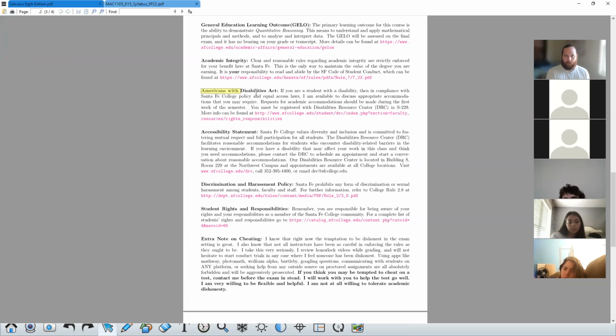The ADA, Americans with Disabilities Act: if you have a learning disability or any other sort of disability, please talk to our DRC on campus. They're amazing and helpful people. They are very, very kind, and I want to make sure that you get whatever sort of accommodations you're entitled to. Even if you're not registered with the DRC, but you think you should be or could be, you suspect that there's something going on that makes the system a little bit unfair to you, just reach out to me.